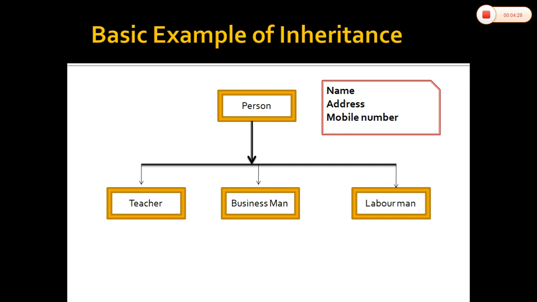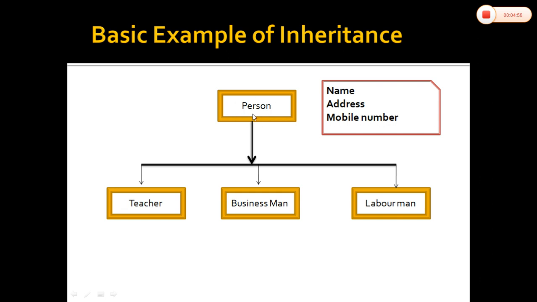So in order to define the properties and methods of name, address and phone number for n number of persons in the programming language, instead of writing name, address and mobile number for everyone, we can shorten the program by using inheritance, by defining name, address and mobile number in the parent class called person. Here person is the parent class,